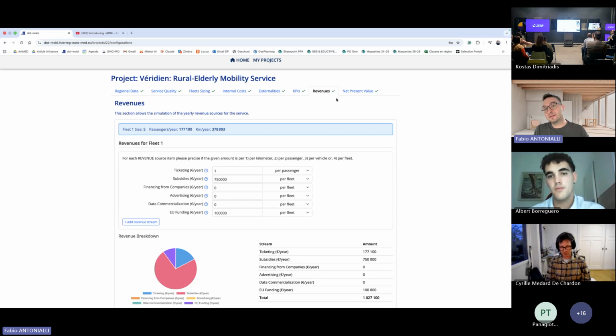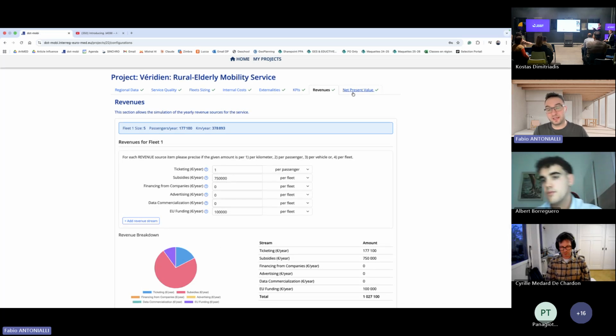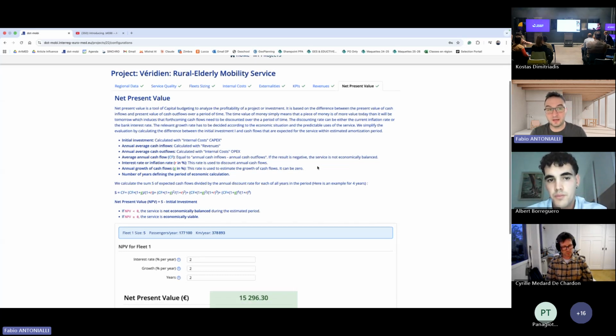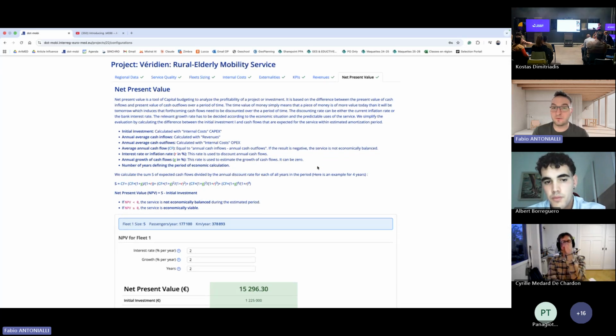And in the end, the final metric that this tool calculates is the net present value. The idea of the net present value is to tell you, given the number of years you would like to calculate, if your project covers the costs, if it's profitable or not.